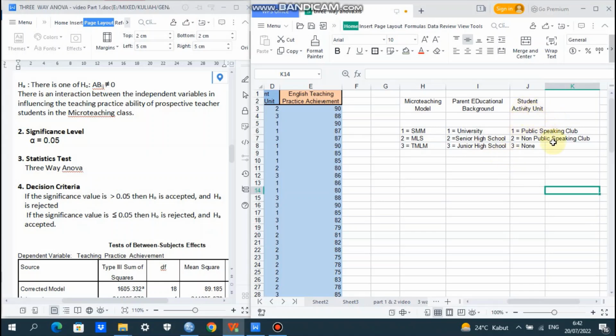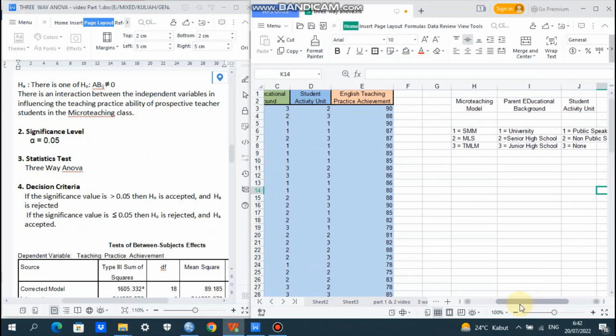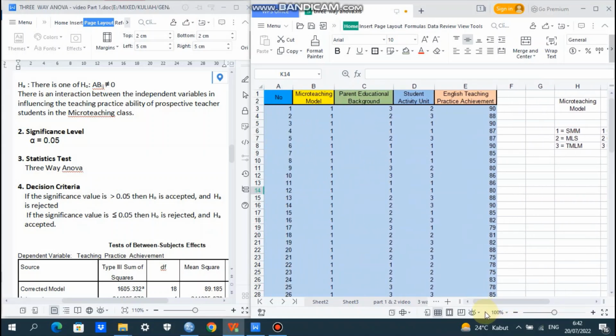And then student activity unit: code 1 for public speaking, code 2 for non-public speaking, and code 3 for none of them. No one joins a student activity unit.